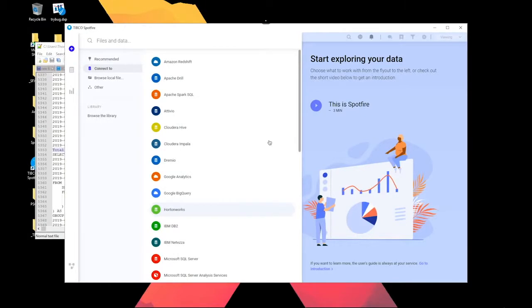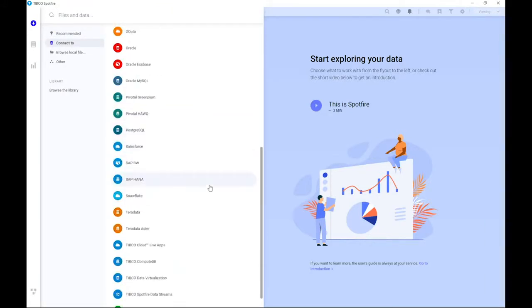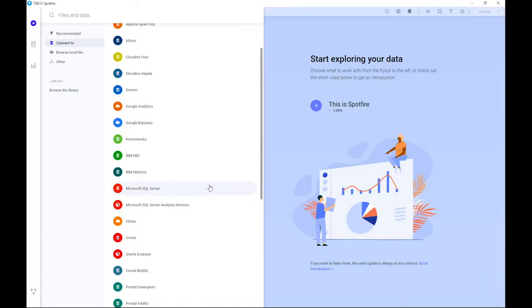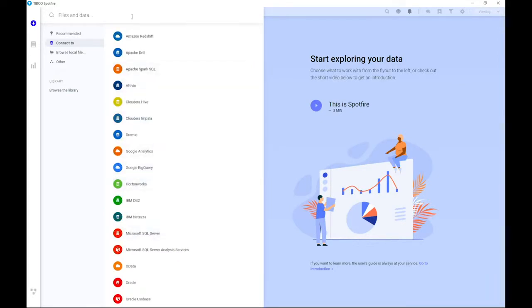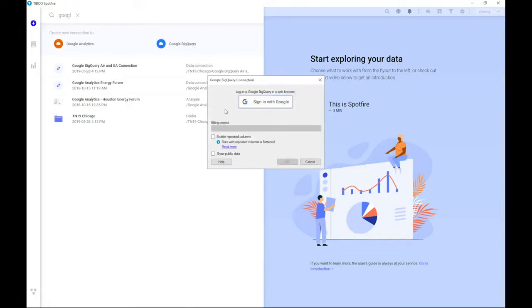So let's assume that you have Spotfire 10.4 or a later release installed and running on your Windows machine. What you will see is, when you click the plus sign up here and click Connect to, you will see the list of all the connectors supporting these 53 sources. If we search, we will find that we have Google Analytics and Google BigQuery available. In this video, we're looking at BigQuery, so I'm clicking that one,